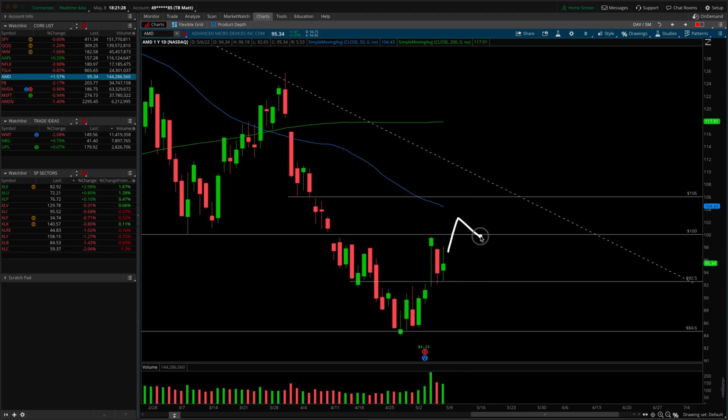It might look like a break and retest for you to get interested. Could look like a number of things for confirmation, but nonetheless carry forward 100 as your critical long side pivot inside of AMD. For you short-term scalpers, again, breaking out of this multiple inside bar setup, you're probably looking for